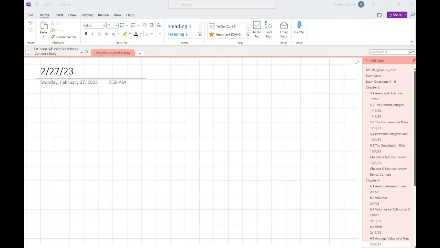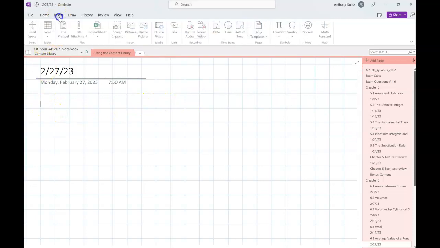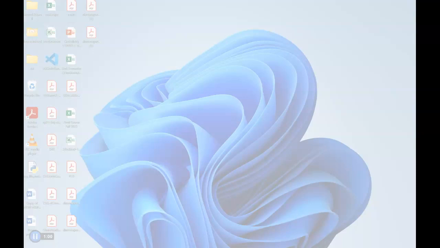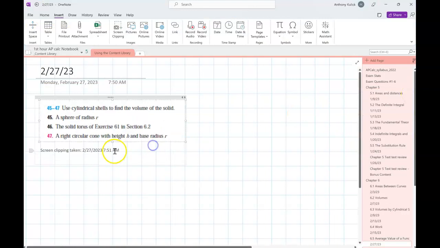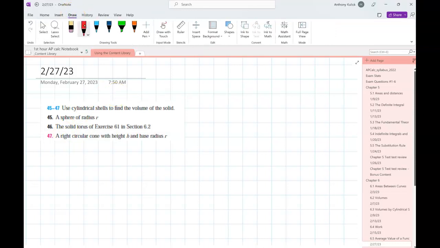6.3, number 45. That's a shells problem, potentially, I guess. Okay. So here on 45, we're looking to use a cylindrical shell to find the volume of a sphere with radius r. So if I think about this as a picture,